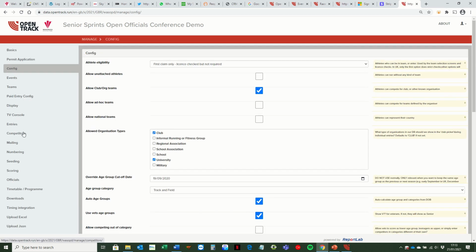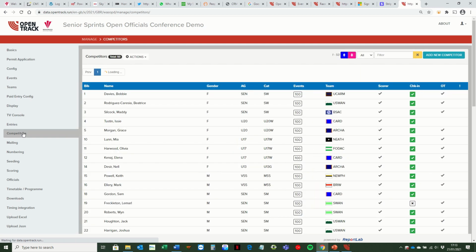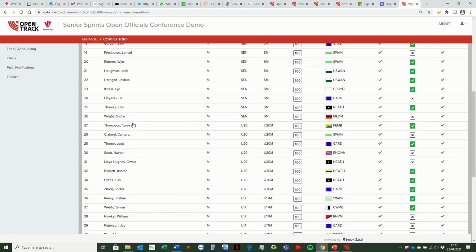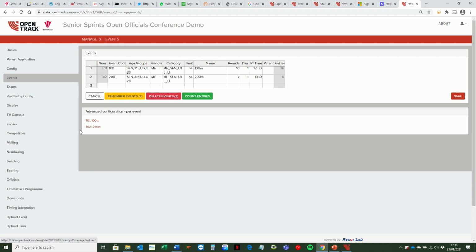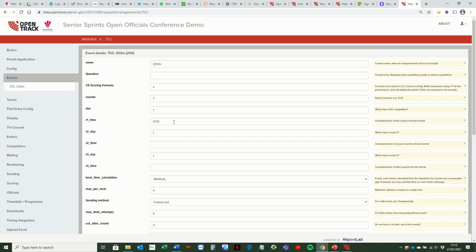I've taken competitors' names and numbers, sorry, for the ones who are in the 200 meters. We'll use the 200s for an example. I'll go back up to the events table, and for this we're going to convert the 200 heats into heats and final. So for this we're going to change the first one. We're only going to do 2 rounds to a final. So I'm going to put in 2 there